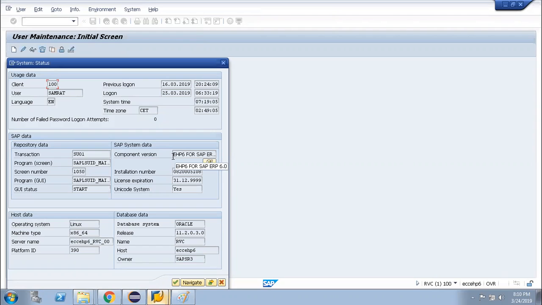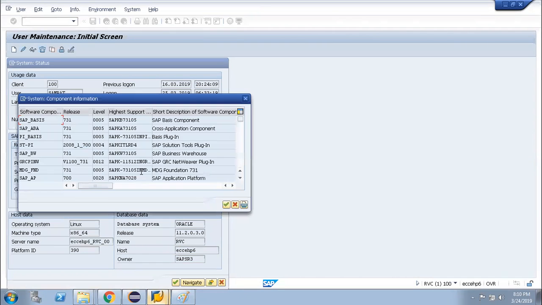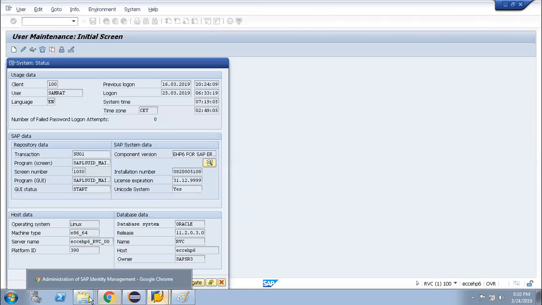Host is ECC EHP6, just give that. If you go and check below, yes, this one, just give that one. Port is 0 only actually. That will give only the installation packages. Let's try with this one.